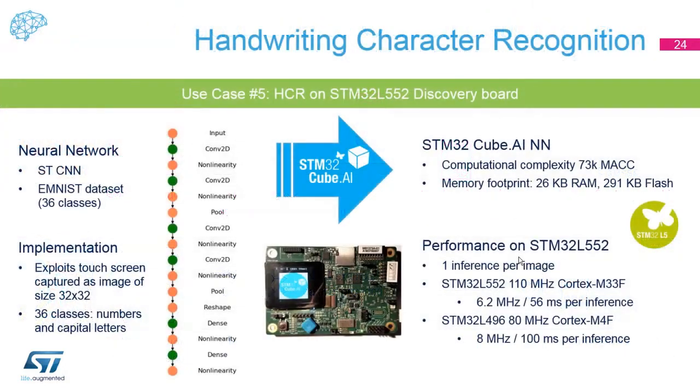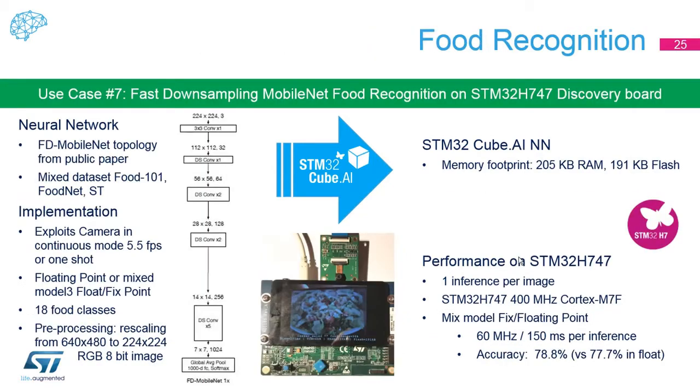Other demos we have is the handwriting character recognition. This one is shown outside, where you can just write with your finger on this LCD touchscreen uppercase letters or digits from 0 to 9. And this one has a very small footprint of only 26 kilobytes of RAM, for example. But then we can see